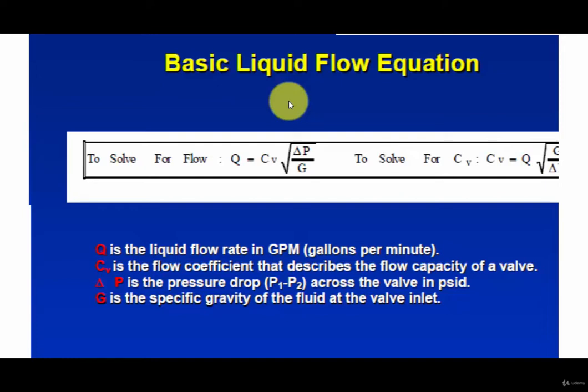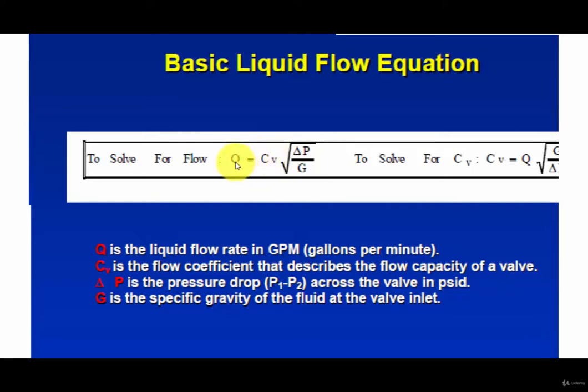In this lecture, we'll discuss valve flow coefficient or valve capacity. So, how to decide the capacity of the valve? Capacity means not only flow, but also differential pressure. So we have to find a parameter which represents the capacity of the valve. That coefficient is the valve flow coefficient, CV. So CV is nothing but